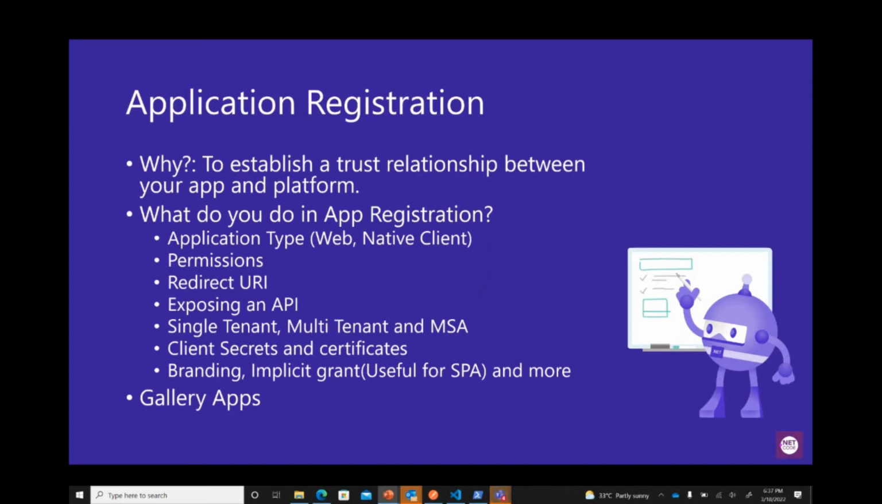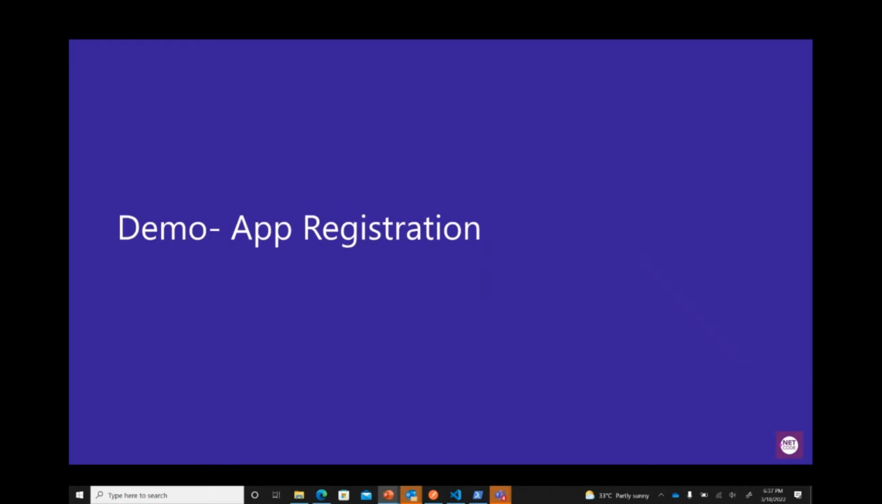The other important aspect is the gallery apps. What are these? Is it just my app that I can register? No. There are so many other applications from our partners like Salesforce, AWS, Zoom, and so many of them, where you can go to your enterprise app gallery and install or integrate them and use them as well. Let me quickly show